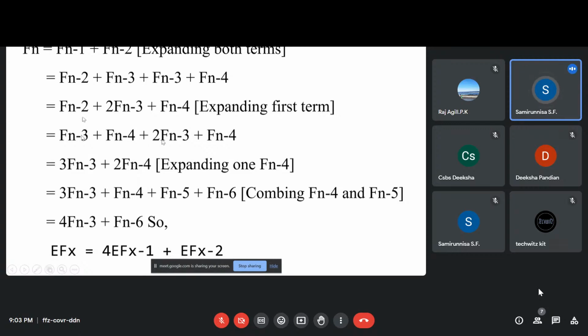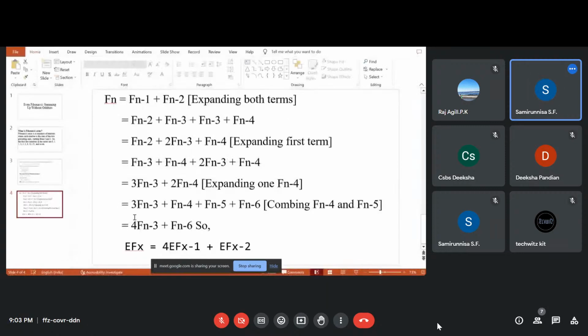Then we have one more alike term, that is f(n-3) plus 2 f(n-3). We will be combining those, and it will be 3 f(n-3) plus 2 f(n-4), and we will be expanding this f(n-4). While we expand that, we will be left with a sequence such as 3 f(n-3) and f(n-4), f(n-5) plus f(n-6). Then we will be combining this f(n-4) and f(n-5), which will give us f(n-6). So when you look into this,